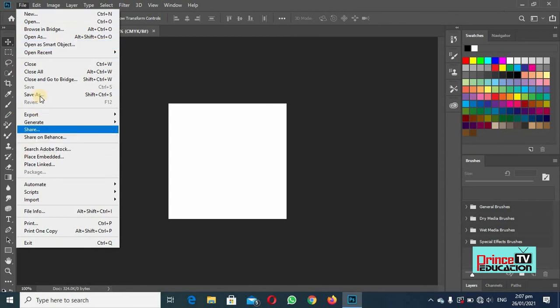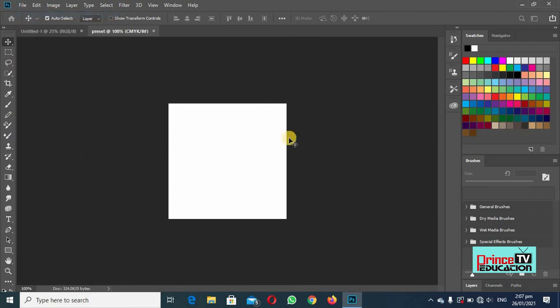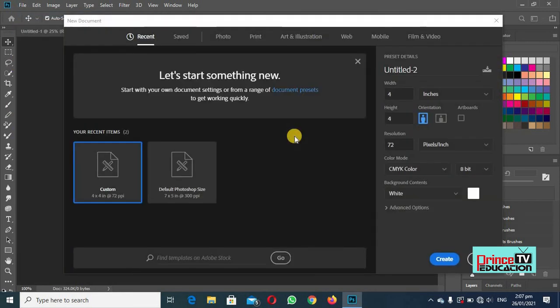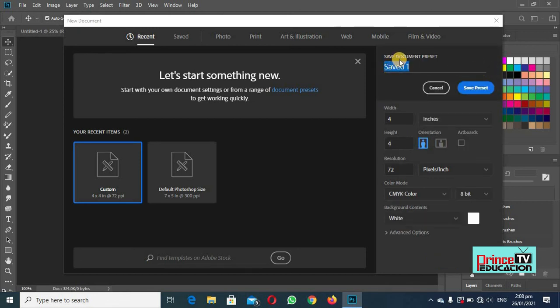If I go back again to that page, one thing I forgot to tell you, like this was the custom thumbnail, and I have made this according to the settings I have been using. I can just click on that to use it as a preset. I will click here and say Save Document Preset, and I can say it is Preset 1.